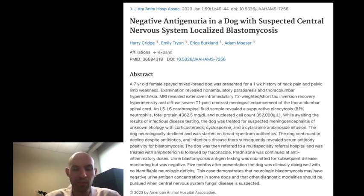history of neck pain and pelvic limb weakness. Exam revealed non-ambulatory paraparesis and thoracolumbar hyperesthesia localized as a T3-L3 myelopathy. MRI revealed extensive intramedullary T2-weighted and STIR hyperintensities and diffuse severe T1 post-contrast meningeal enhancement of the thoracolumbar spinal